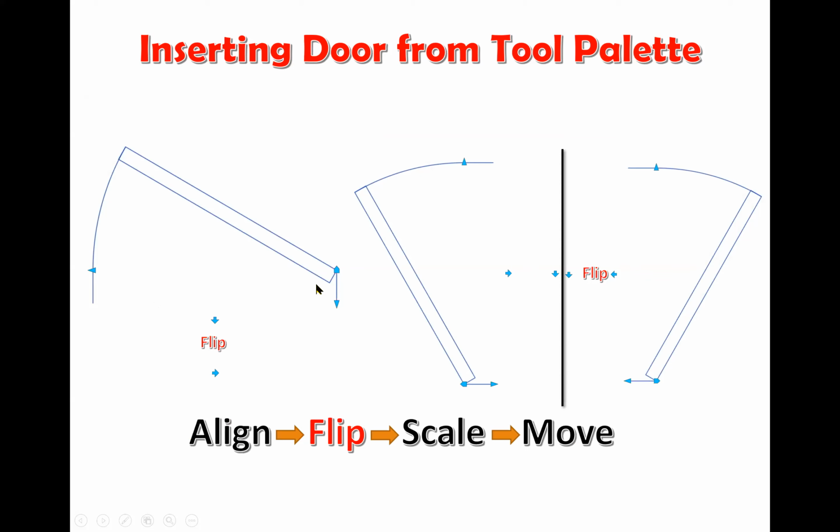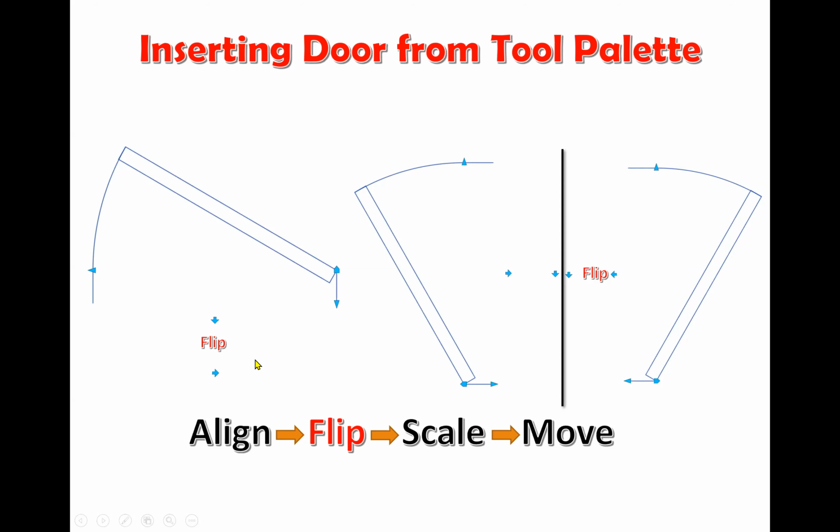So you can actually have the door opening on the right hand side or the left hand side. In this case, it's a right hung door. The hinge is on the right hand side. And if you click on this little flip grip here, it flips it over on the other side. When it comes out, it will not be in this orientation. It will be on the other side. And you can flip it in or out as well by using the other grip if you want to open